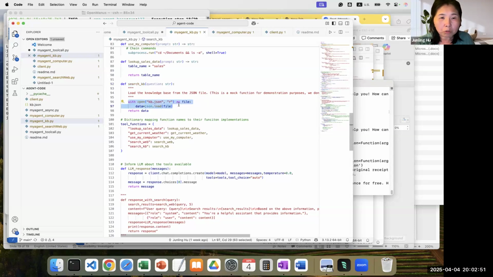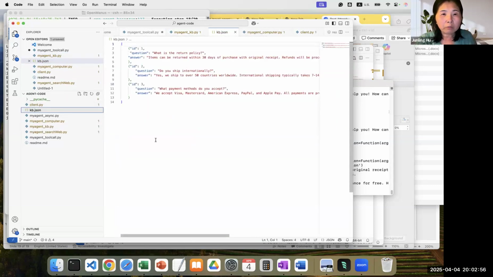What we are going to do is use a document that I'm going to show you. It's very simple; you can have a much longer one, but essentially this is customer support. Inside here you have question and answer. You have, what is the return policy. This is slightly different from the RAG model because it's calling a specific document. I know which document I'm calling, and I'm only matching the user query to a specific item. This is more like a database retrieval.